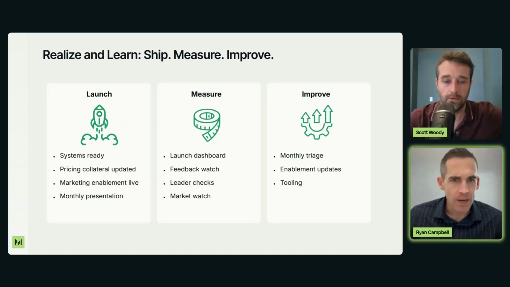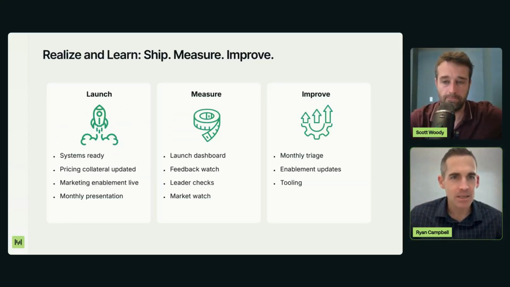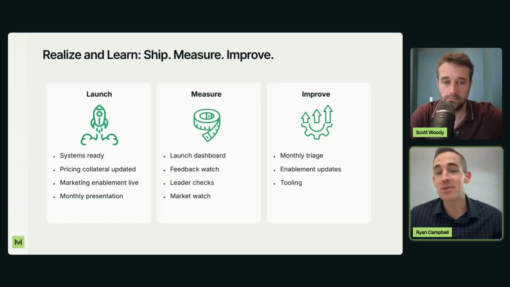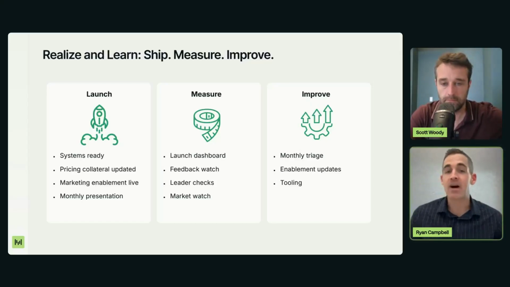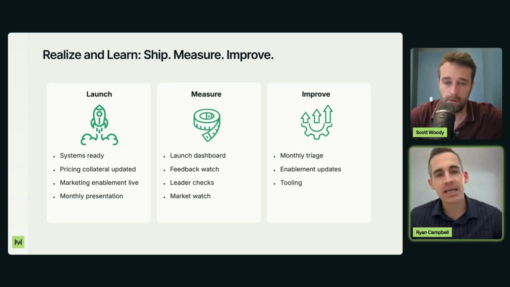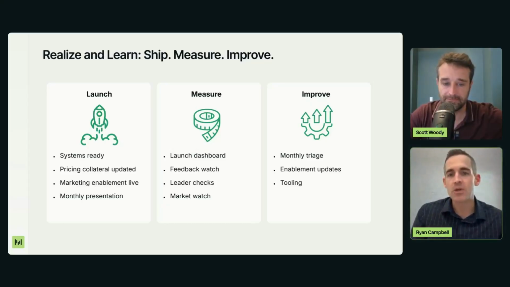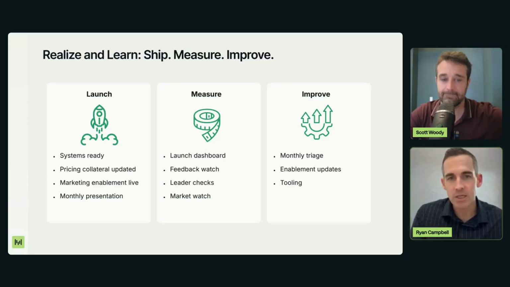Cool. All right. And then if we go to my last step, this is the realize and learn and feedback measurement. I would say, often similar to research, this is an area that gets skipped. And I find in many cases in the current environment that we're in, everybody's sort of on to the next thing really fast. And I think, again, similar to if you don't do the research, you miss a cheap opportunity to learn. If you don't do the feedback and close the loop afterwards, you also miss an opportunity to learn.